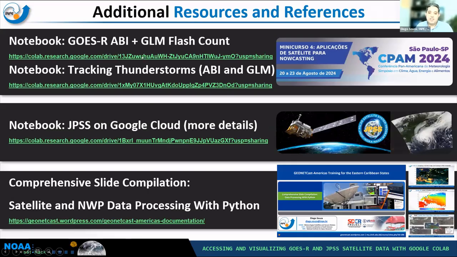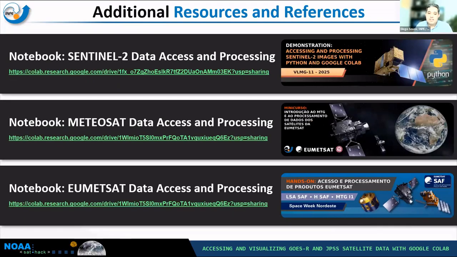There's another notebook covering how to accumulate and count GLM detections and overlay this information with ABI. We have another notebook with examples on how to automatically track thunderstorms using an open source software developed here at MP. We have a very nice slide deck covering basically anything you need to know about satellite and NWP data processing with Python. We also have notebooks covering other satellites such as Sentinel-2, Meteosat Third Generation, and the METOP satellite from